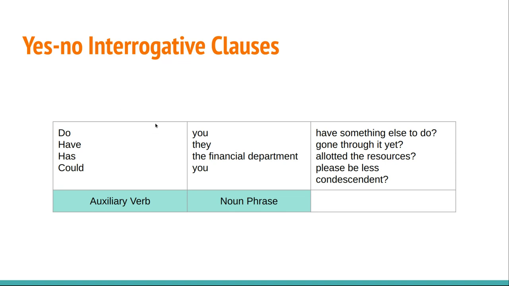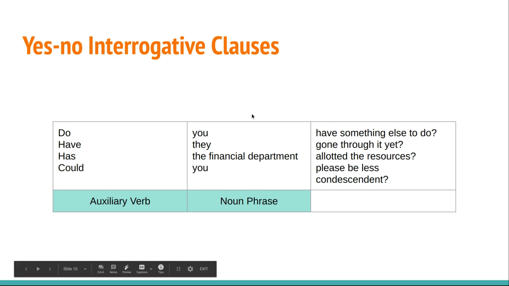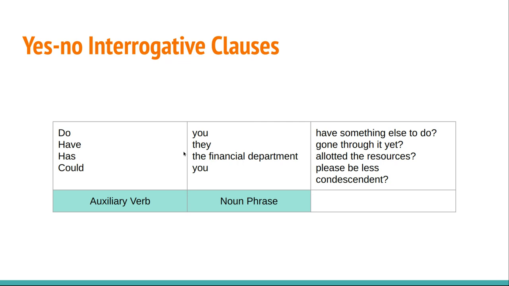The answer to the questions could be no, I don't, yes, I do. Yes, they have, no, they haven't. Yes, it has, no, it hasn't. And yes, I could, no, I couldn't. I answered the questions not knowing what the rest of the clause was. Okay, but I know that having a yes no interrogative clause preempts the possibilities of having only these two types of answers, either a yes or a no. Of course, you can have an I don't know or a more or less, but these are the possibilities for us at this stage.